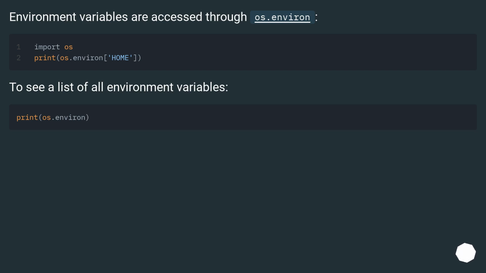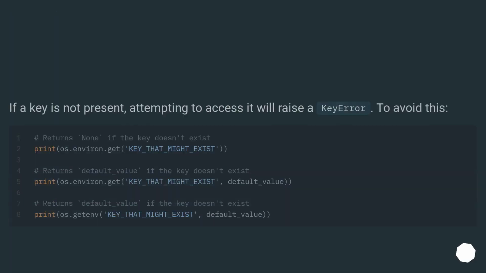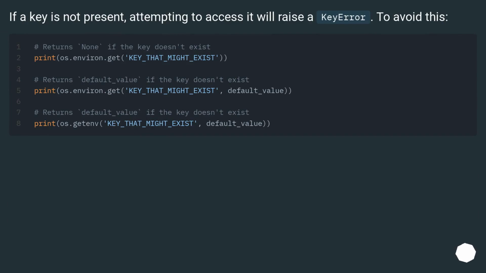Environment variables are accessed through os.environ. To see a list of all environment variables, if a key is not present, attempting to access it will raise a key error. To avoid this,